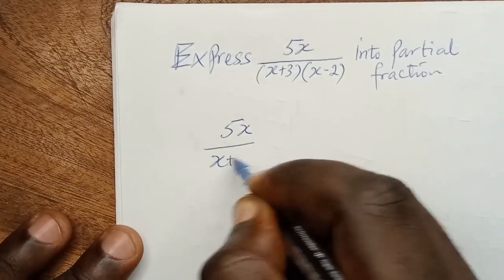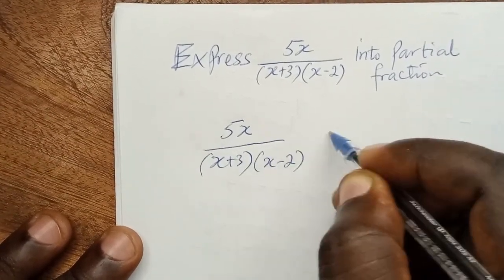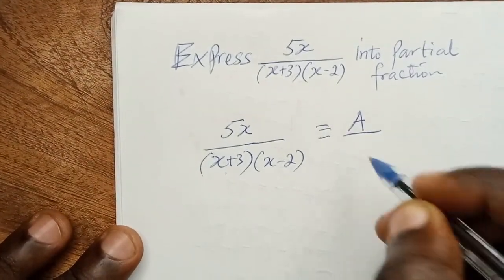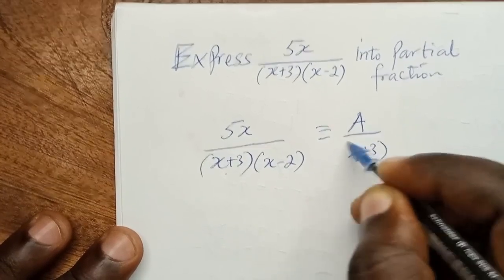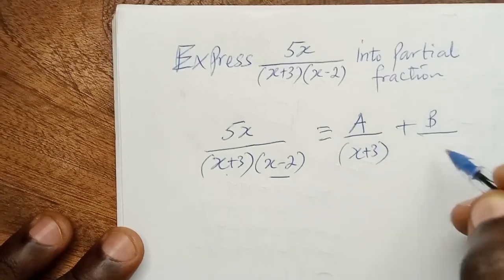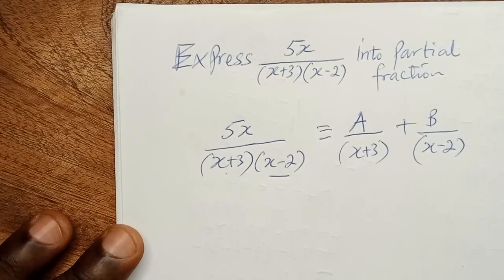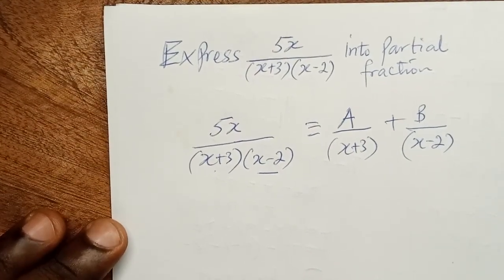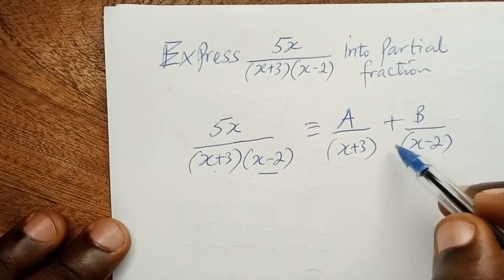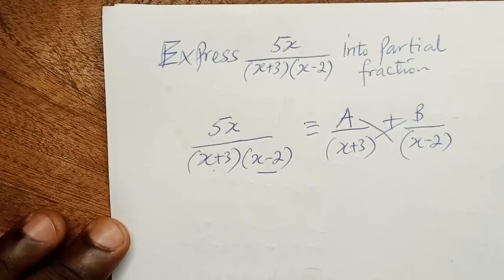divided by (x + 3)(x − 2) is the same as A over this first one here, x + 3, plus B over the second one here, which is x − 2. So here, what we are going to do is to make sure that we express this. We are going to cross multiply, like this. And we are going to have